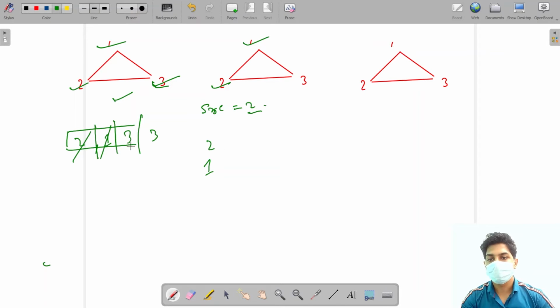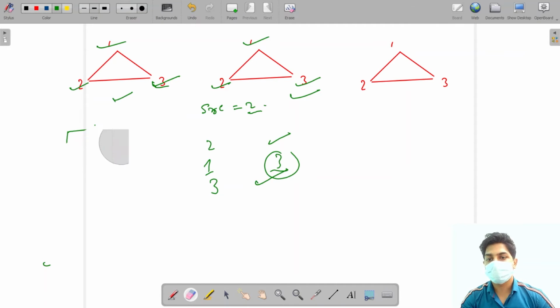Now we will remove 3, mark it as visited, print the 3, and its neighbors which are not visited. There are no neighbors, so nothing will be added. Now again 3 will be removed. This time we see 3 was already visited, and again it is getting visited. It means there is a cycle, and in actuality also there is a cycle. So here also our claim holds true.